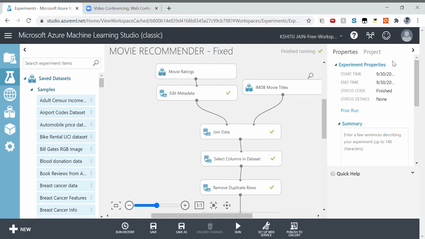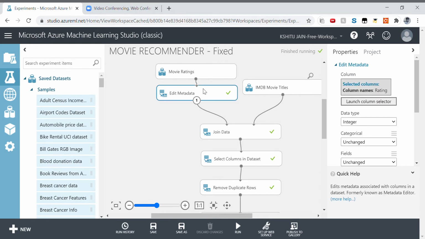As you can see, there is an edit metadata node. We have used the edit metadata node. The purpose of this is to use the integer data type for the ratings. As you can see here, we have used the integer data type for the rating.